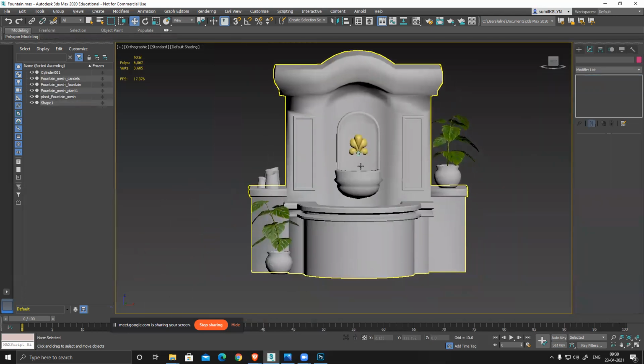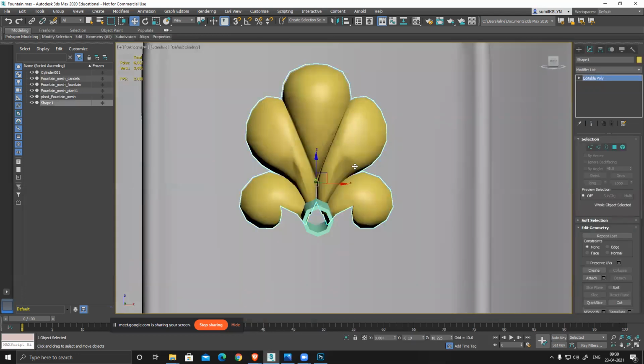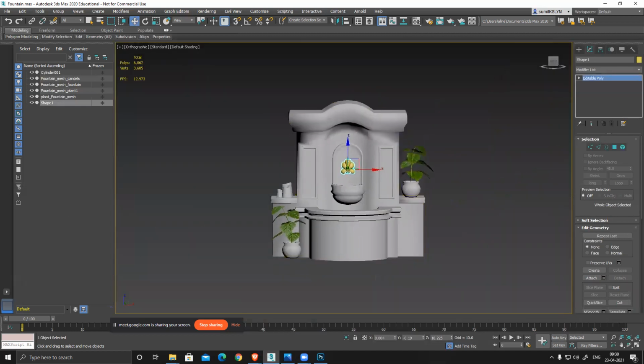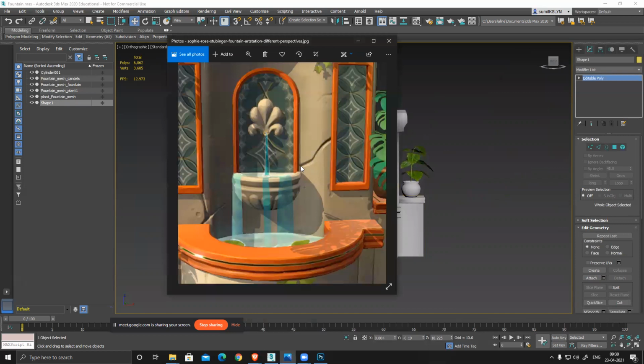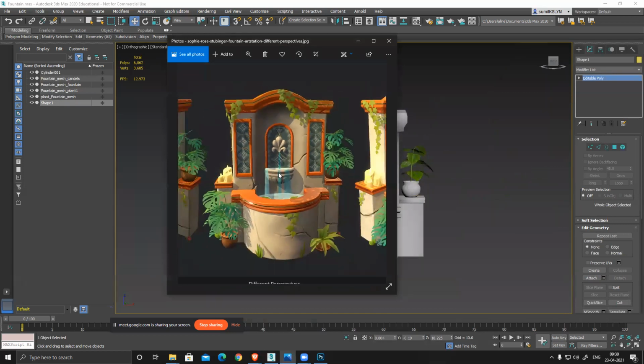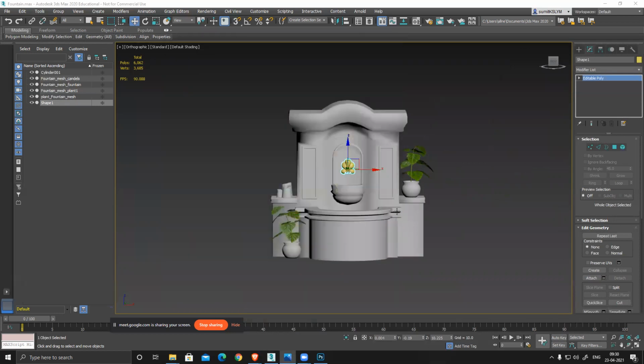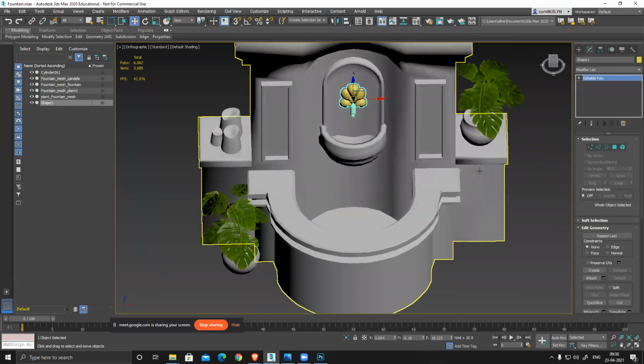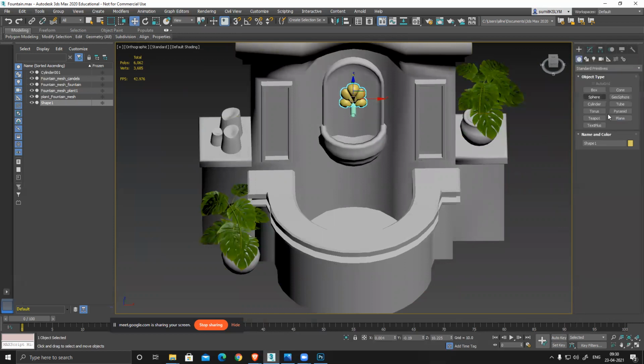So you can see the shape is also ready, the basic design shape. And for this I feel there's little distortion that I'll fix. Definitely I'll fix it. So let's see what else we are remaining with. So now candles also ready, only that flame and all these planes. So they're two planes. One is here, and another one is here. So I'll create two planes.